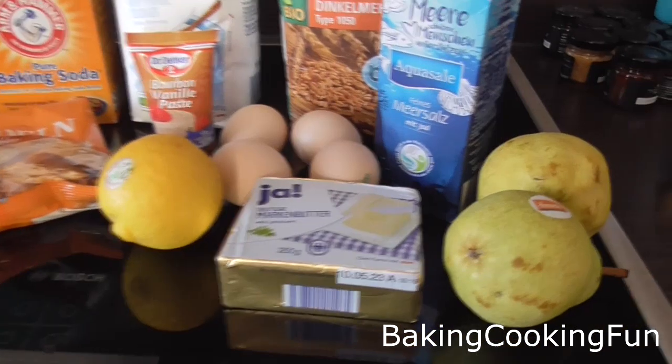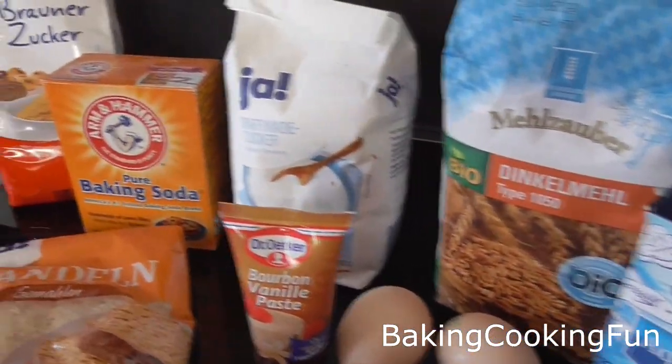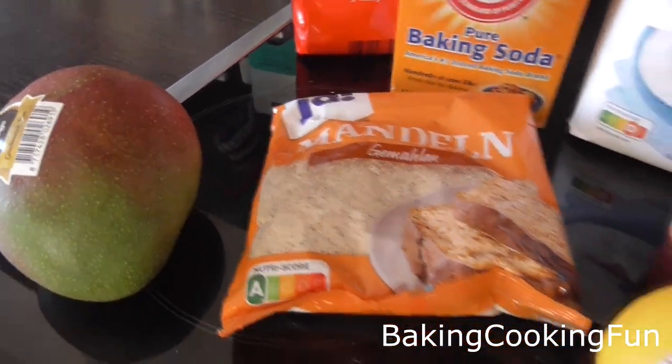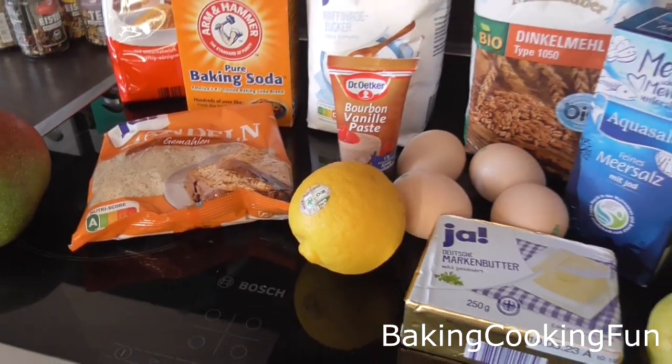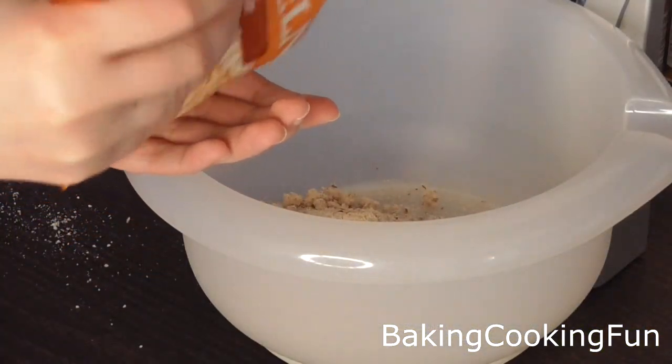Today I want to share with you a cake that I made when my family came visiting me, and I wanted to try something new. So this was an experiment, but it turned out really well and was very easy, so I thought I'd share it with you. You want to start out with some almonds in a bowl,